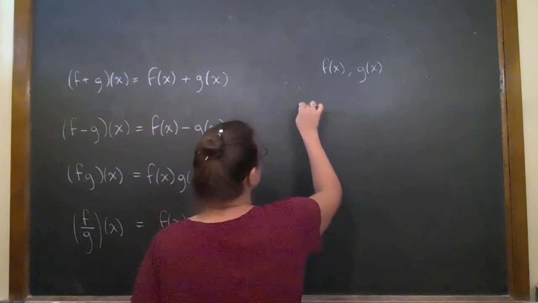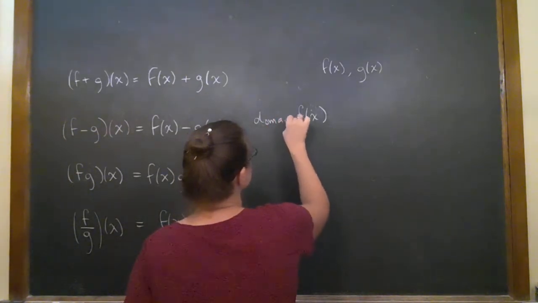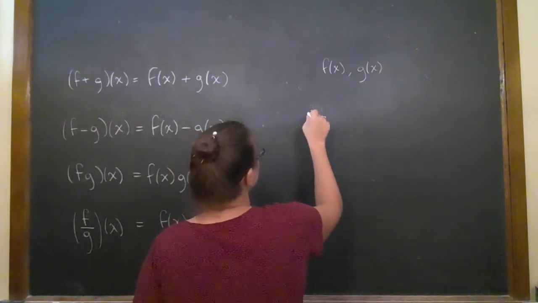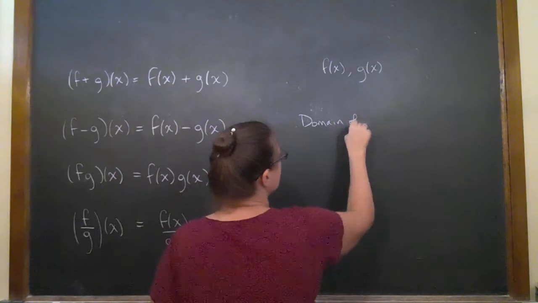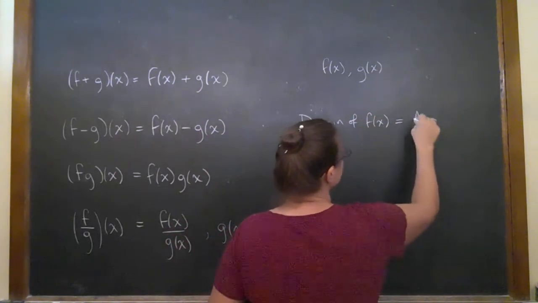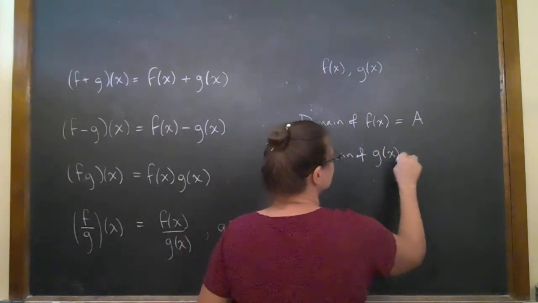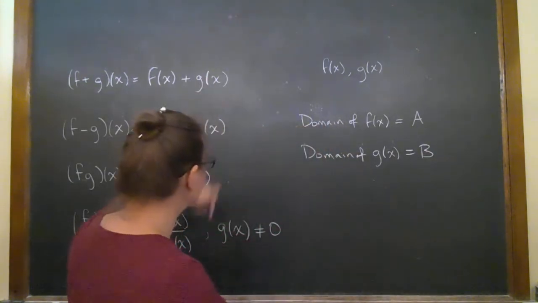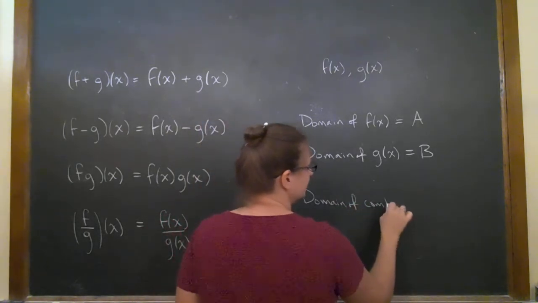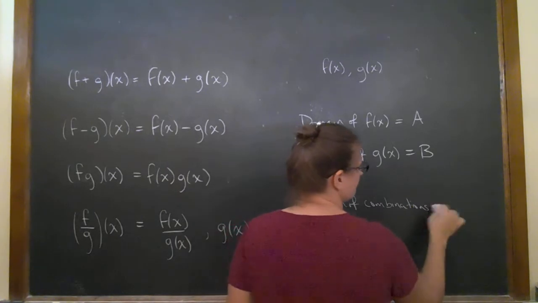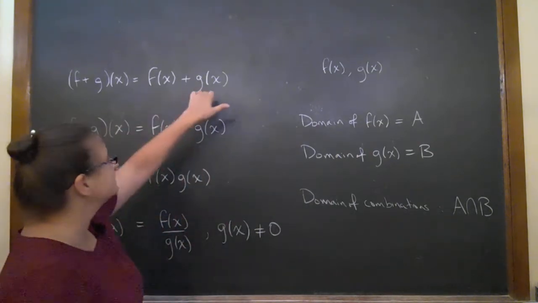If the domain of f of x is A, and the domain of g of x is B, then the domain of all of these combinations is the intersection of A and B, meaning all these have to be defined and all those have to be